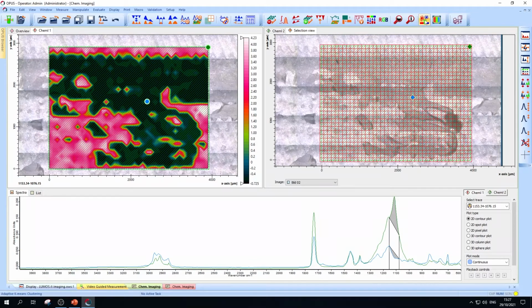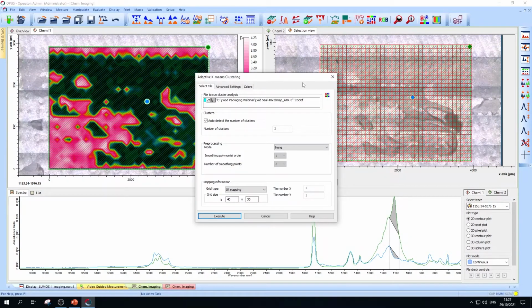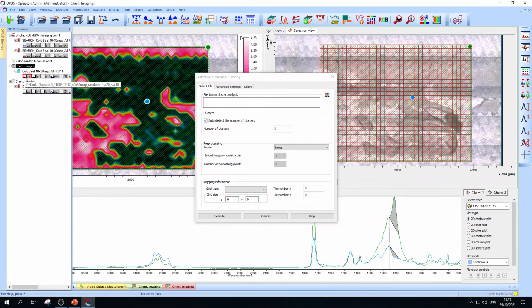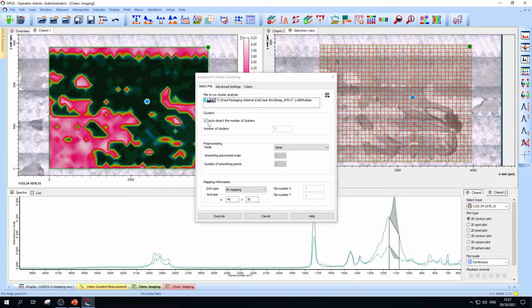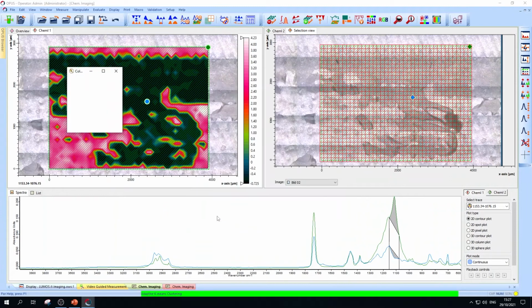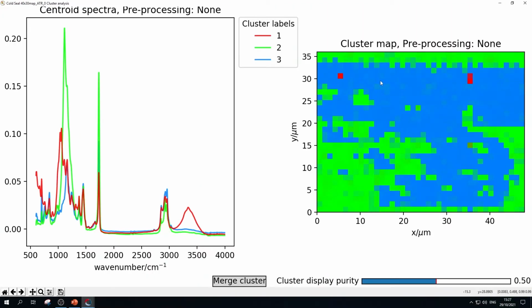And this algorithm is the so-called adaptive k-means clustering function. This is a brand new function, and this function enables us to check in an automated way how many clusters, in other words chemical substances, are located within our area. For this particular example, it's not that relevant because we are expecting 3 of those. So we're expecting, as mentioned, the cold seal adhesive, the polymeric inner foil, and the third one, of course, the possible damage. And therefore, we just go ahead and execute, and what we get now is a cluster map